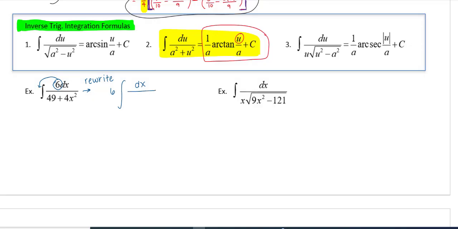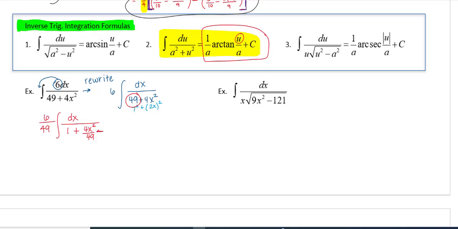And then I'm also going to see it as 49 plus 4x squared. Well, I can recognize that this is a 7 squared and this is a quantity 2x squared, and that might help me in the future. I do need this to say 1 plus, or plus 1, as a constant. So I need this 49 to be factored out. So I'm going to rewrite it as over 49, because the 49 can be factored out to the front. So then this is a 1 plus, and I'll just write it right now, 4x squared over 49.